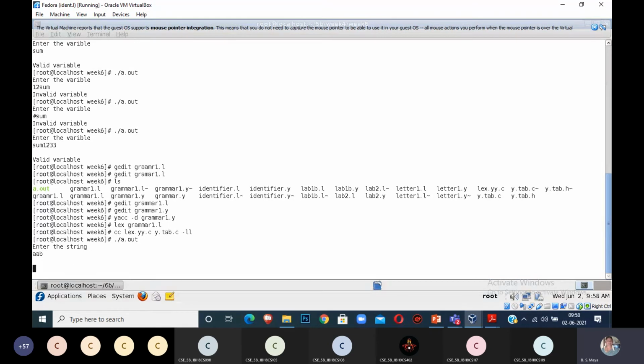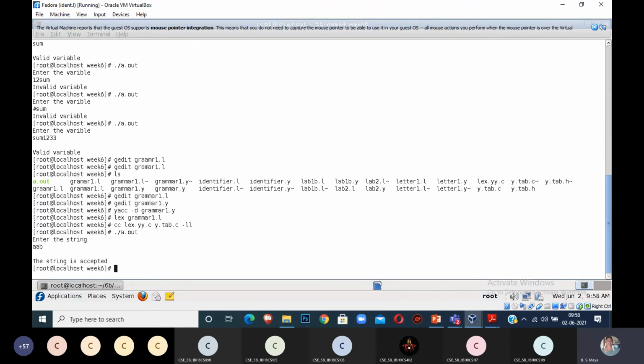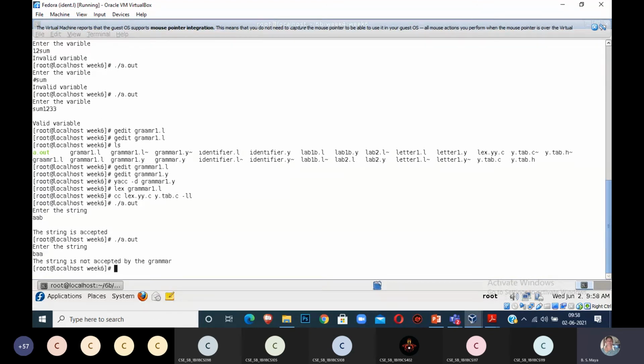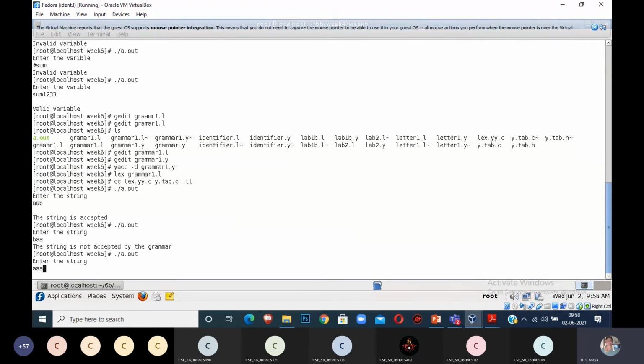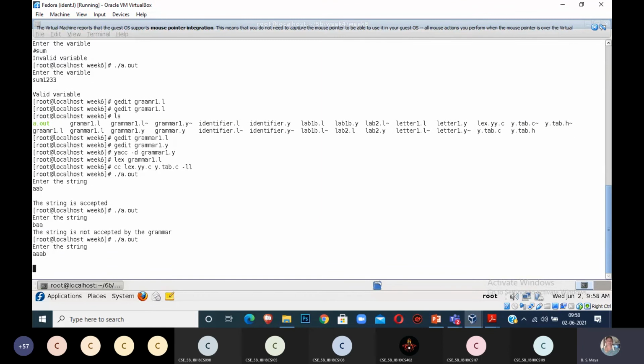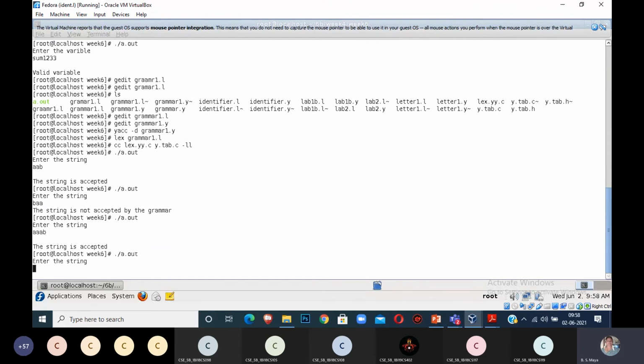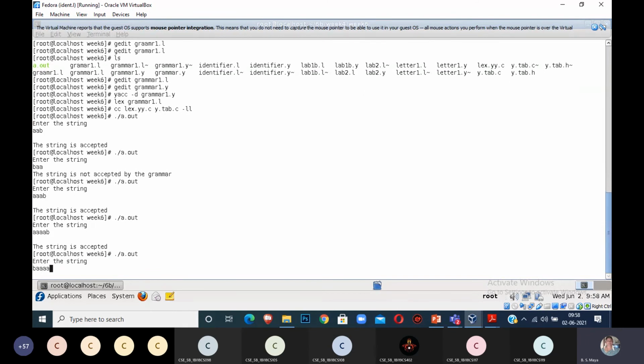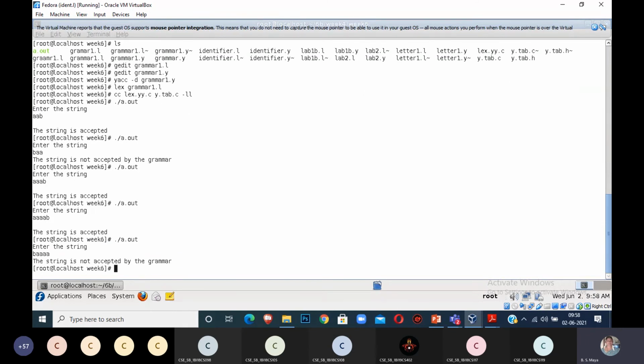AAB. See, if you press Control D, the string is acceptable. BAA, the string is not acceptable. AAAB, 3 A's, acceptable. If you have 4 A's, acceptable. It starts with BAA, that is not acceptable. Okay, this is your simple program.